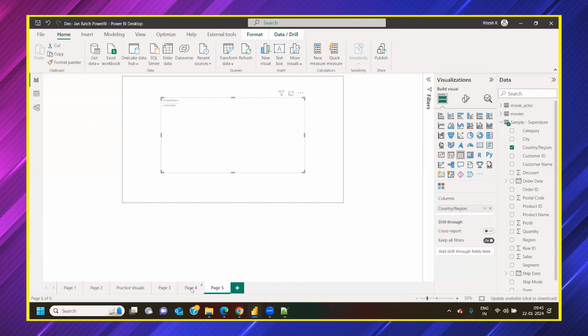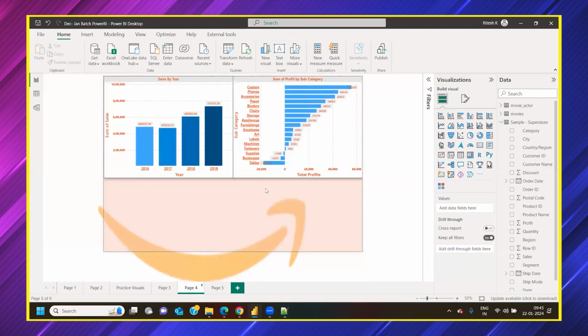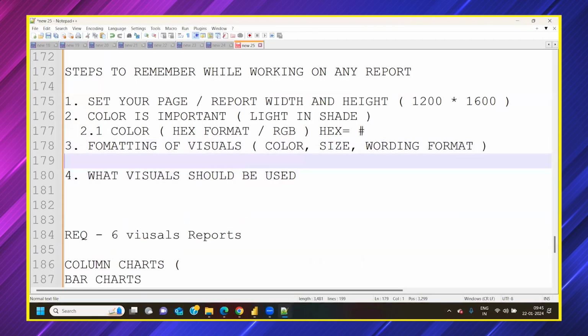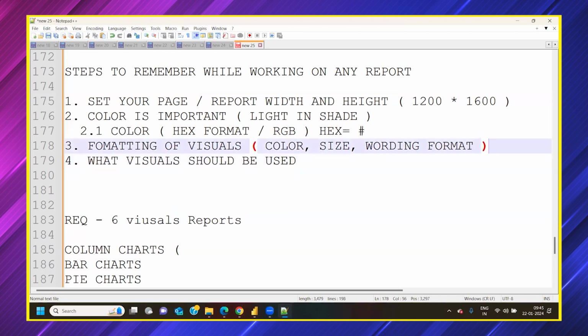Then you can go to the report view. Now you can see and figure out what information you want to interpret in which type of visual. Now for this, we would be connecting back tomorrow: what type of visual is best fit for what type of information. Now, once this is done, what visual should be used, after formatting, or maybe before formatting only,